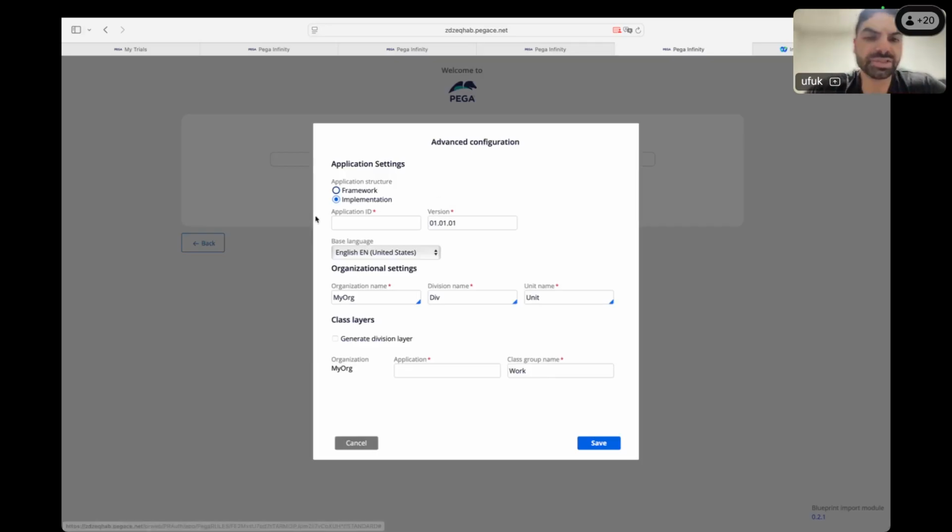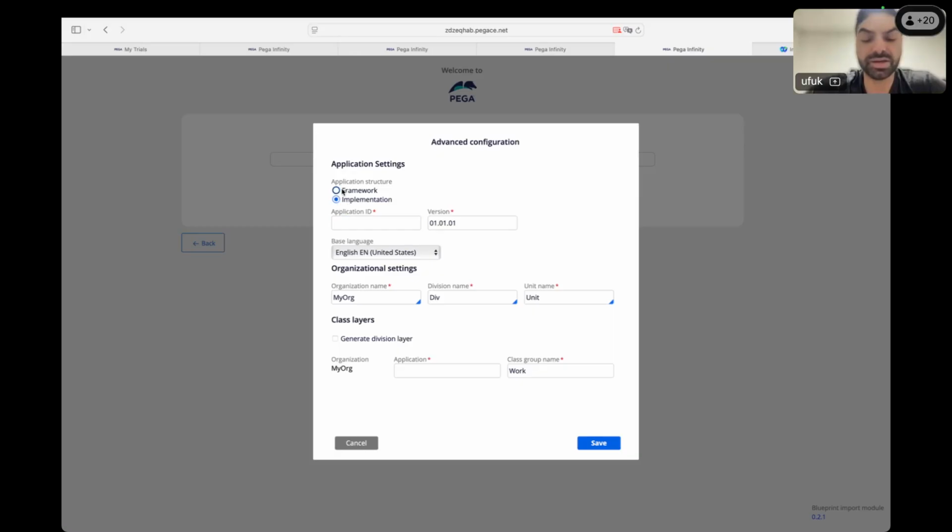I'm not sure everything here is new to you, so I don't want to go deeply. What is a framework? What is an implementation? I guess this will be explained more in the class, and then you will know what we are talking about. Shortly, frameworks. What we can say is that Pega has its own applications in the market. Like for insurance, they have a lot of Pega applications. In finance, like for MasterCard, Visa card,